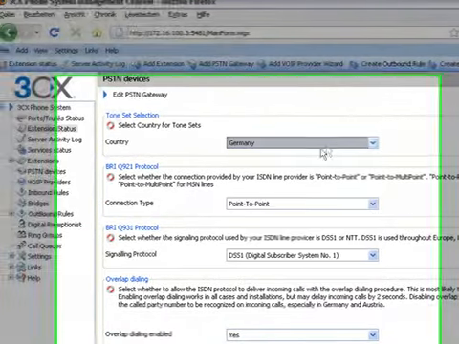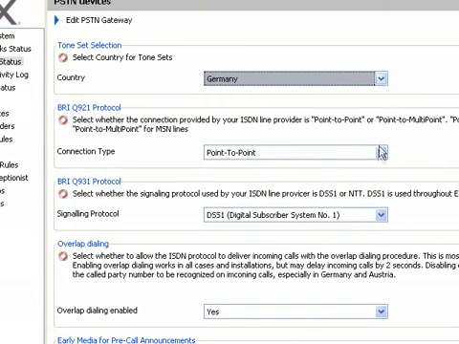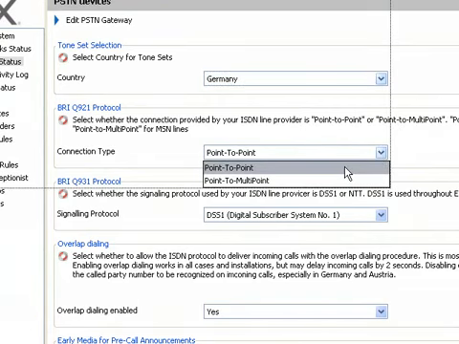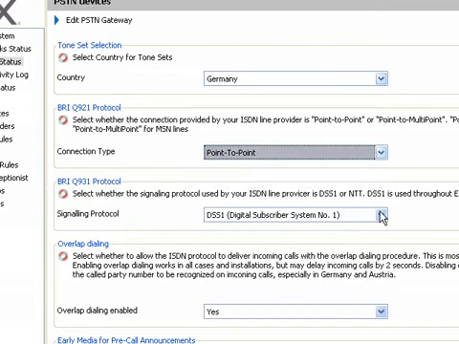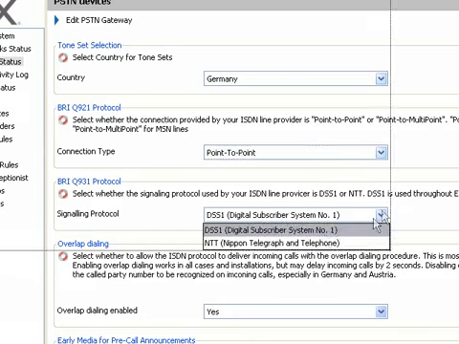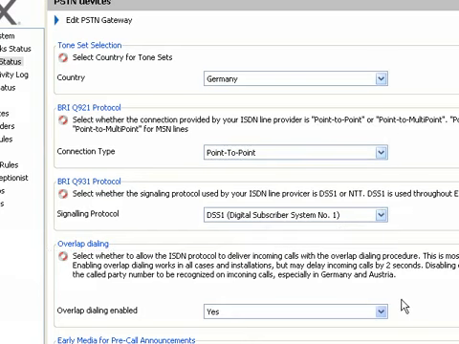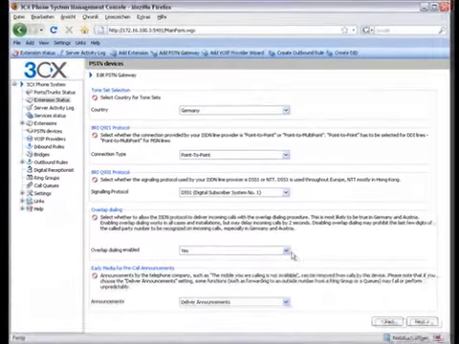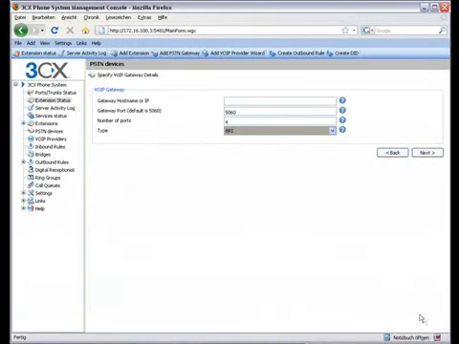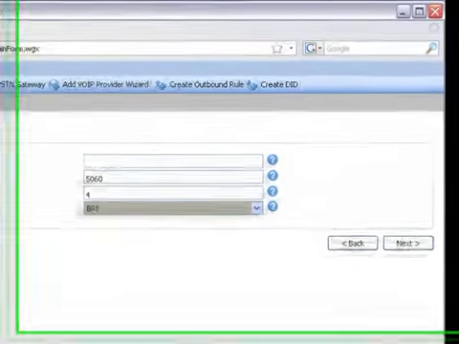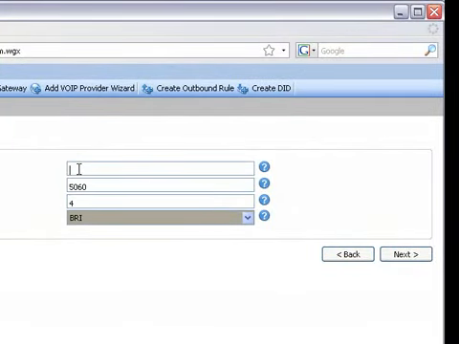So I'm in Germany, for example, so I'm selecting Germany for the tone set. I have a point-to-point connection. It's called Anlageanschluss in Germany, and it means that it's an ISDN connection where a PBX is connected, versus phones being directly connected to the line. The Q931 protocol is DSS1. NTT is only used in Japan, so we'll leave this. And overlap dialing enabled yes is the safe choice. So that's all the questions, and you know what? The rest of the gateway complexity is hidden by 3CX, which is generating a full configuration file with only these parameters. What's missing is the gateway IP address,